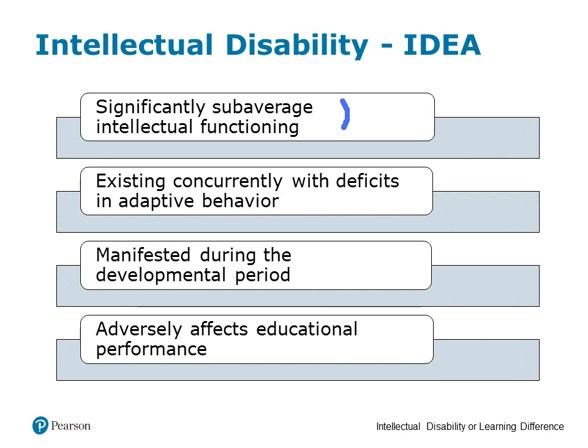So significantly sub-average intellectual functioning, maybe an IQ score of 75 or lower, or 70 or lower, and the significantly sub-average intellectual functioning exists concurrently with deficits in adaptive behavior, conceptual, social, and practical, typically manifested before the age of 18. And in the school setting, the intellectual disability adversely affects educational performance. So I want us to be thinking about those two possible classifications as we start to take a look at